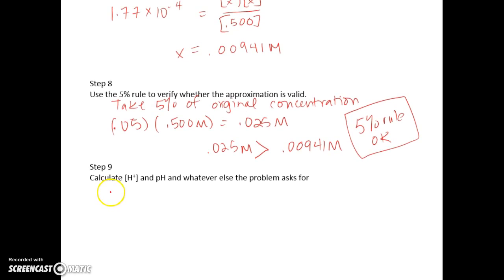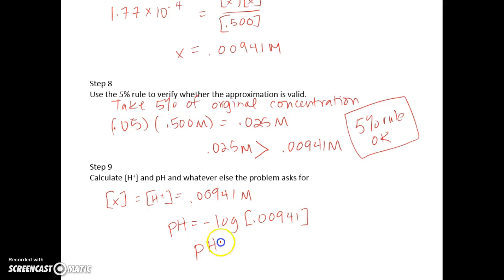So we knew that our x was equal to H+, and we got 0.00941 molar, which means my pH, which is the negative log of that number, the negative log of 0.00941, my pH is then equal to